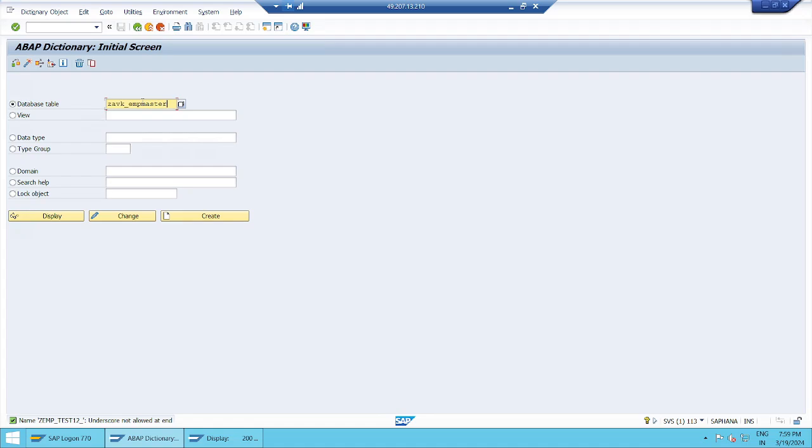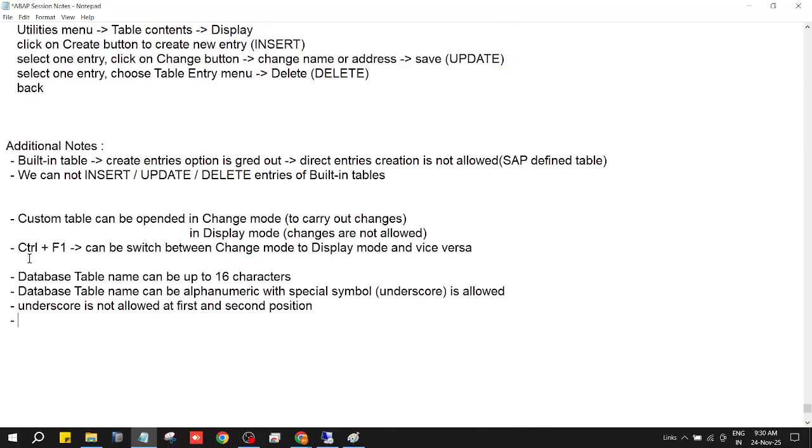EMP master 1, we will try to create employee master 1 from an explore point of view, right? Yes, a new table can be created in two ways. First of all, this is the restriction of the table. Anything missed, we will come back. Yes, a new database table